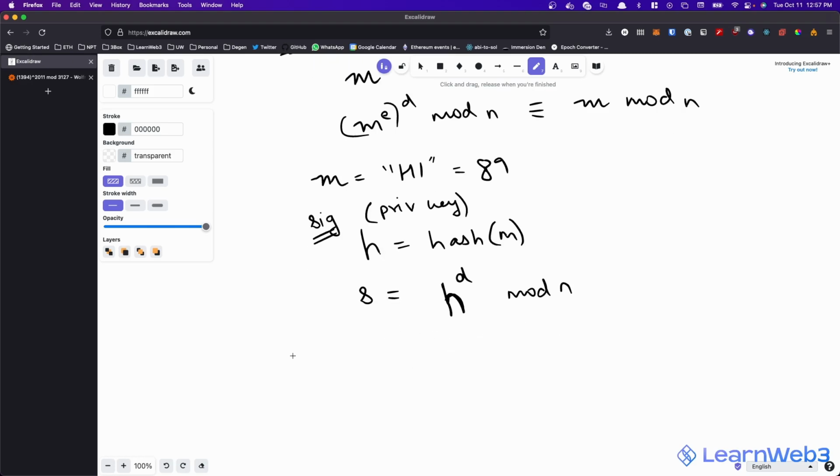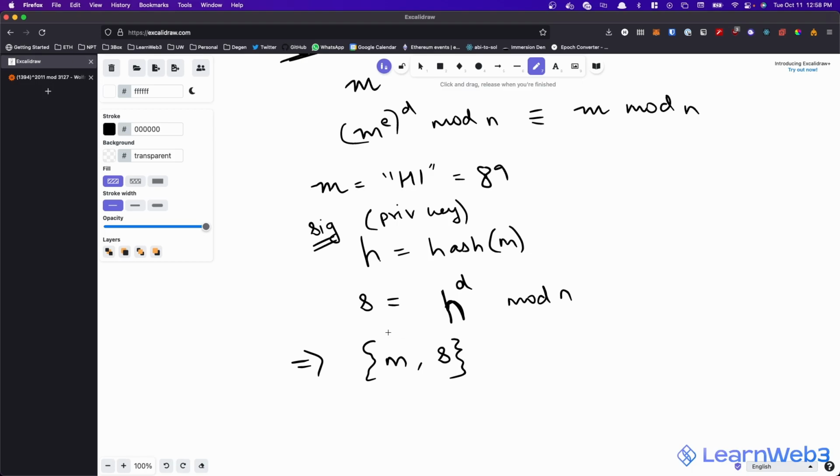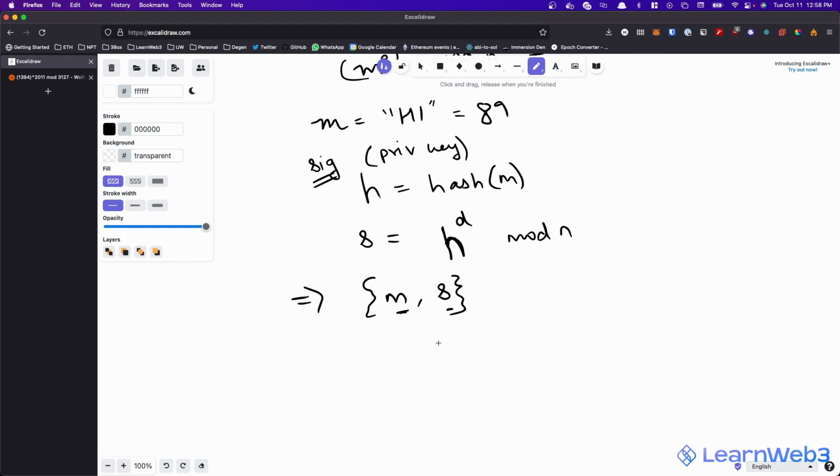So to the rest of the world, what I actually give is two values. I give them the original message, and I give them the signature over it, right? I make this public, because I'm sending this out to everybody. I make my original message as well as my signature over it public. And anybody else, what they can do to verify it is they can